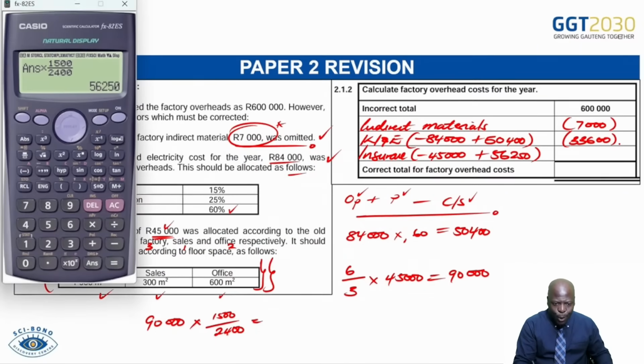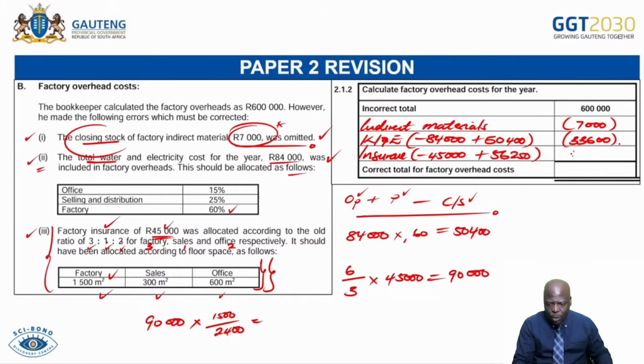So when we come here now, we're now saying, let's remove that. We're starting off with a minus 45,000. Then we say plus 56,250. And that's going to give you 11,250. And then we close that up, and then we get the total here. All right. And when we get the total, it's going to give you, let's see on the calculator.